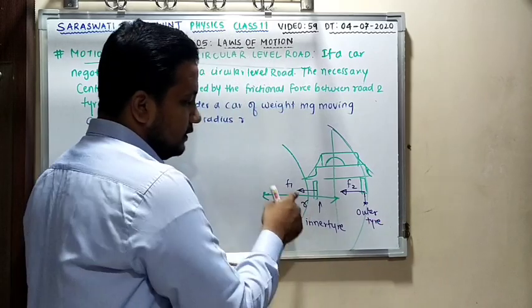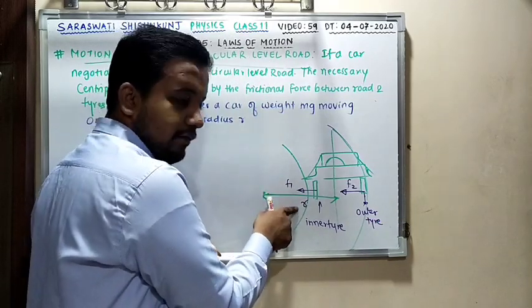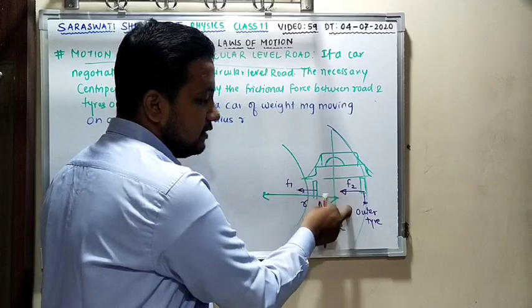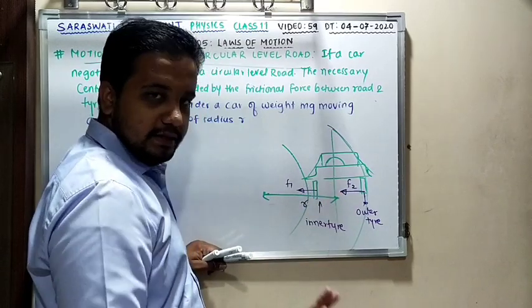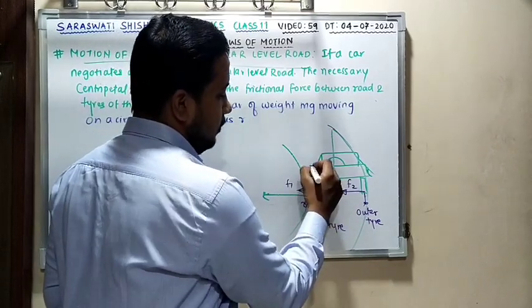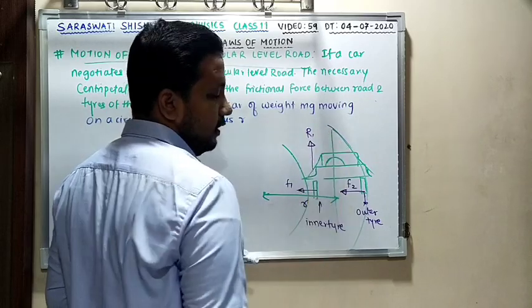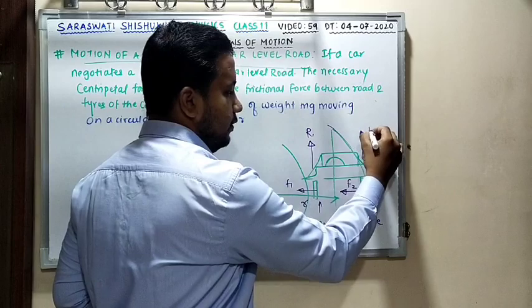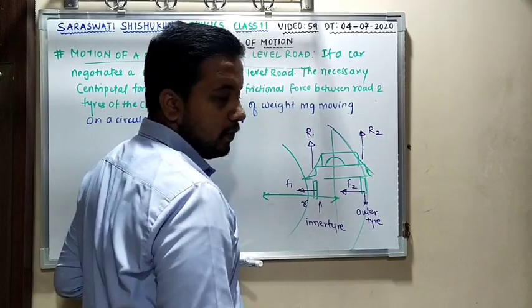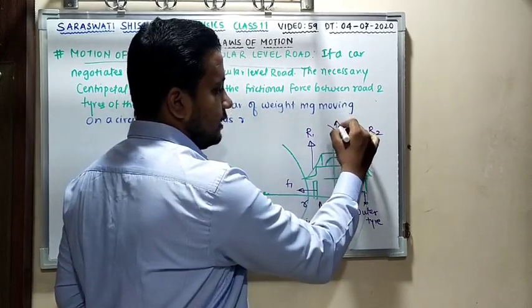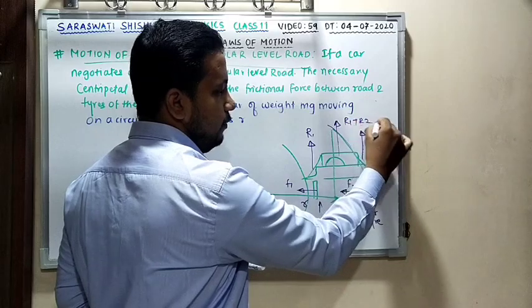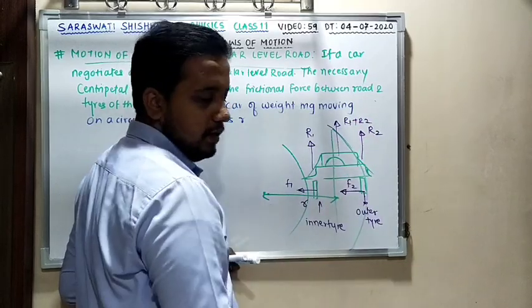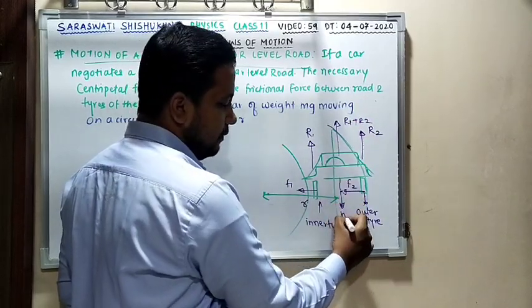Clear? This is the frictional force due to the inner tire and the frictional force due to the outer tire. Till this clear? Very good. Now the normal reaction will be R1 over here due to the ground. Here the normal reaction due to the ground is R2. I can say the total reaction force will be R1 plus R2, and the weight of the car is nothing but